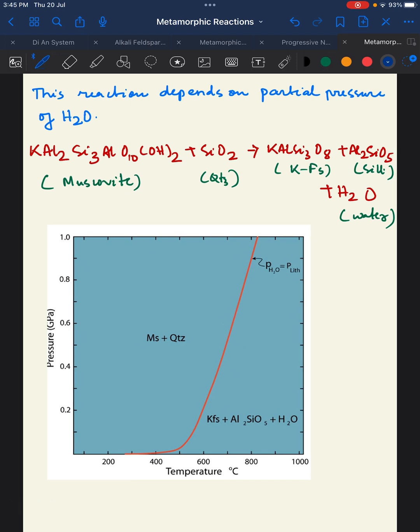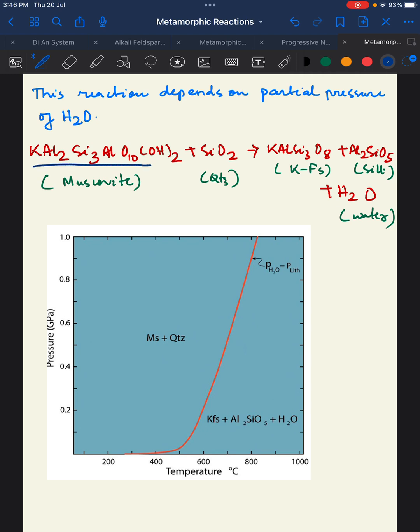This reaction depends on the partial pressure of H2O. Why H2O? Because the volatile phase that is getting generated here is water. Since water is the volatile phase here, the reaction depends on the partial pressure of that water. The reaction here is